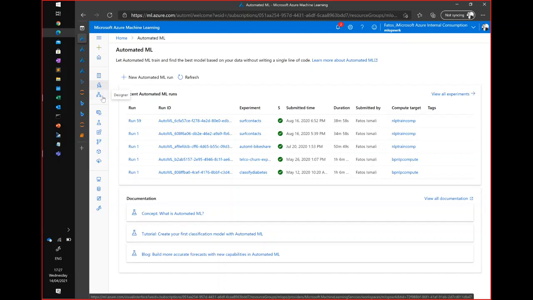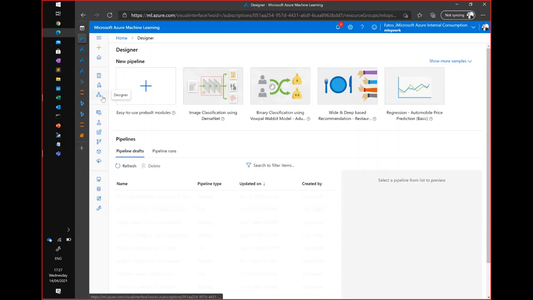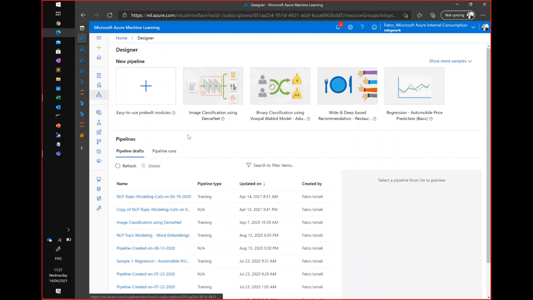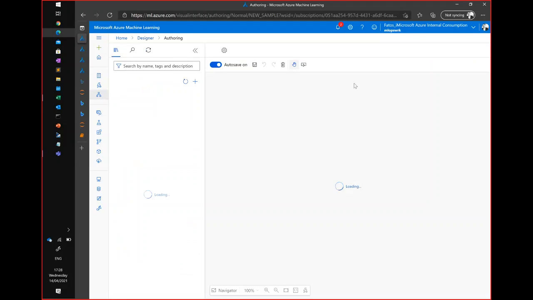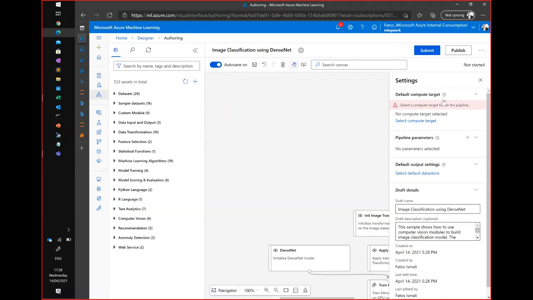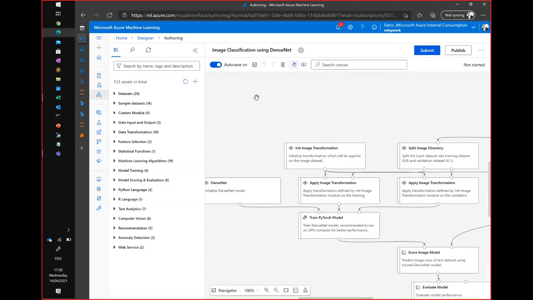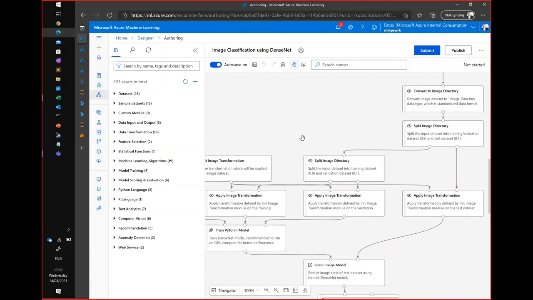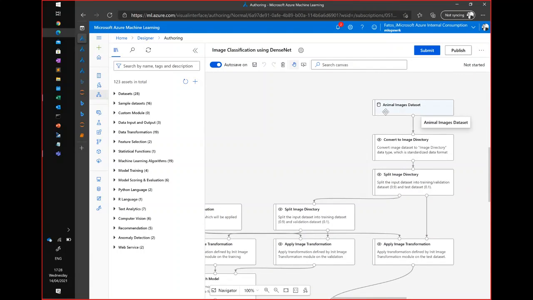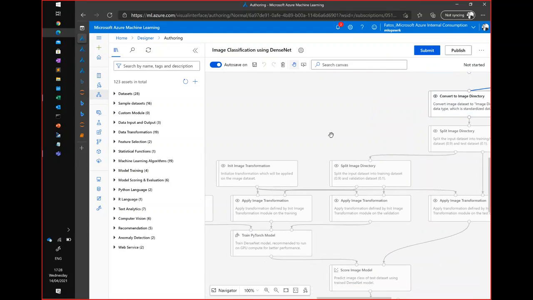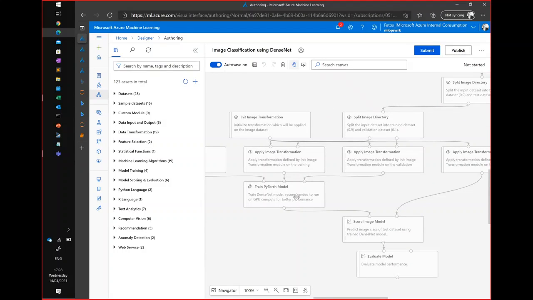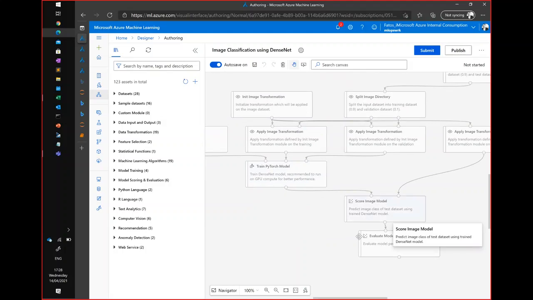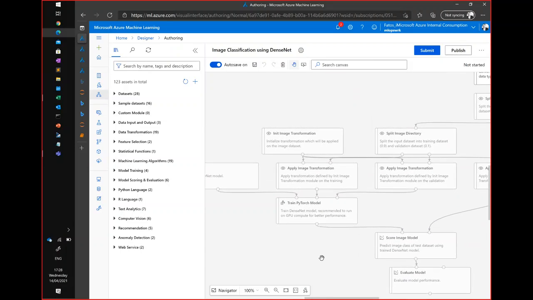And then you have this designer, which is another way of building Azure Machine Learning Services experiments. This one is more for a graphical user interface, like a drag and drop type functionality. There are some templates here that you can just click on and see how you can build. For example, this one is building an image classification using DenseNet, and it shows you how to import an animal images data set, how to pre-process that, how to split image directories into training and testing set, how to apply a PyTorch model, and then how to evaluate the model and of course export it afterwards